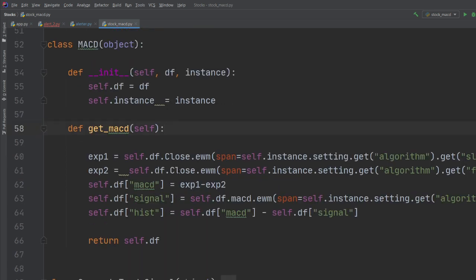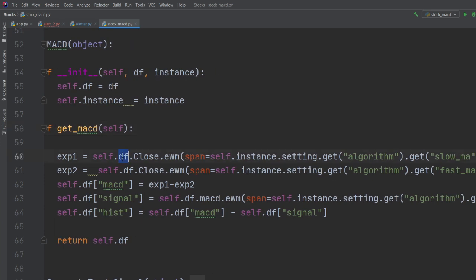The job of this is to calculate the algo that we just talked about, right? So I said self.df.close. So we took the close price, we took the exponential weighted moving average, right? And then we are grabbing the slow MA, and we are taking a mean out of it. We do it for the slow and the fast average. We subtract both of them, and then the signal line would be your exponential weighted average of the difference of your fast and slow moving average. So I did program that, then I am returning a data frame.